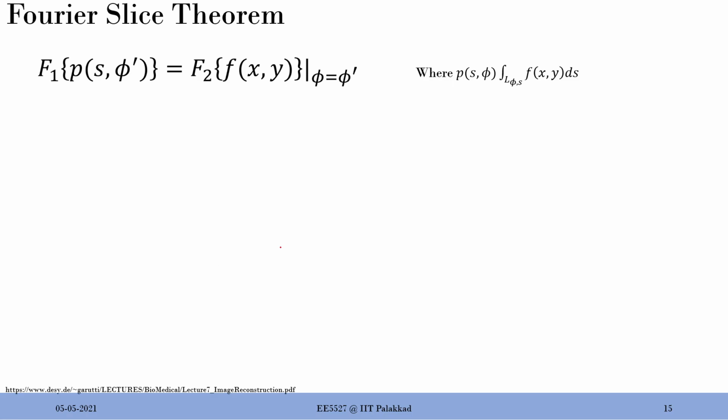Maybe I'm confusing all of you a bit, but it's pretty simple. What we are essentially saying is, you give me the projection, I take one angle from that projection sinogram, and if I take the Fourier transform of that, that is equivalent to, if there was an original scene, an original image, and I had the 2D Fourier transform of that image, and I take one slice at that same angle given by my sinogram, I would have got a similar signal. So that's a very interesting concept, right?